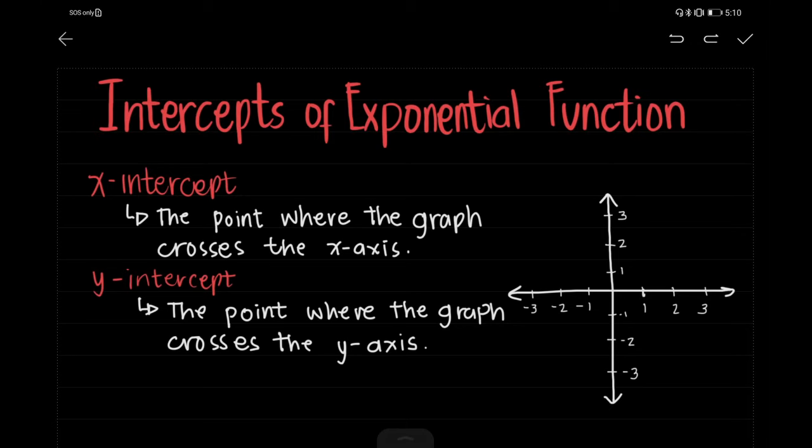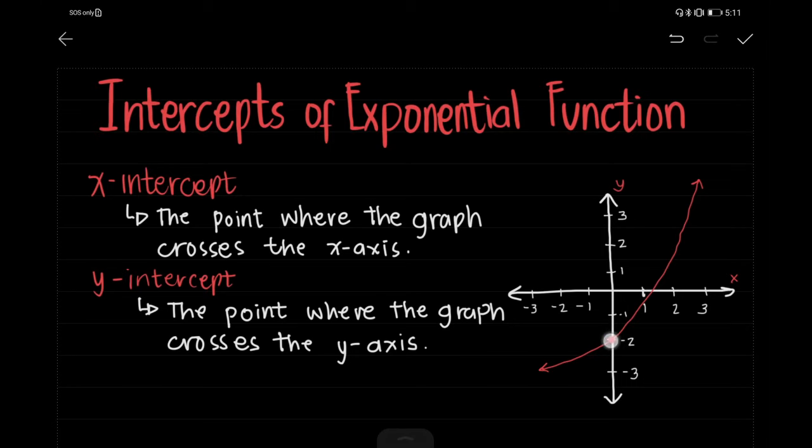So here, we have here the Cartesian plane. So itong naka-horizontal line, so this is the x-axis. And itong naka-vertical line, so this is the y-axis. So pag mag-draw tayo ng graph dito sa ating Cartesian plane, just like for example, yung graph natin is katulad nito. Okay? So here, as you observe, sa y-axis natin, nagkaroon tayo ng point of intersection dito sa point na